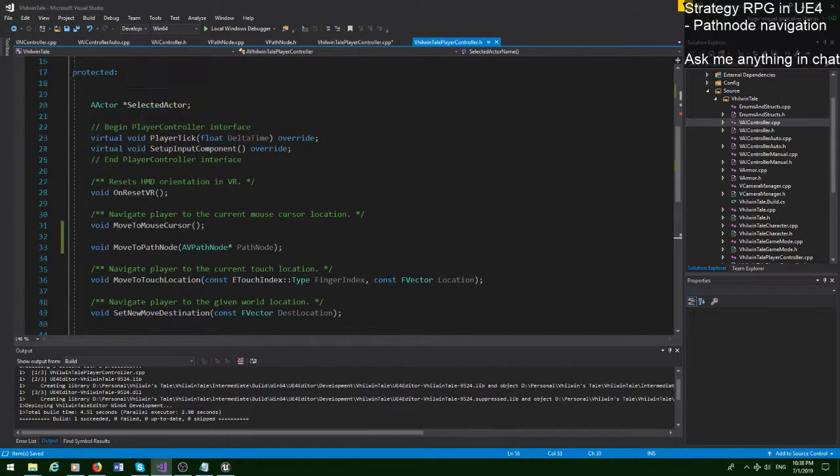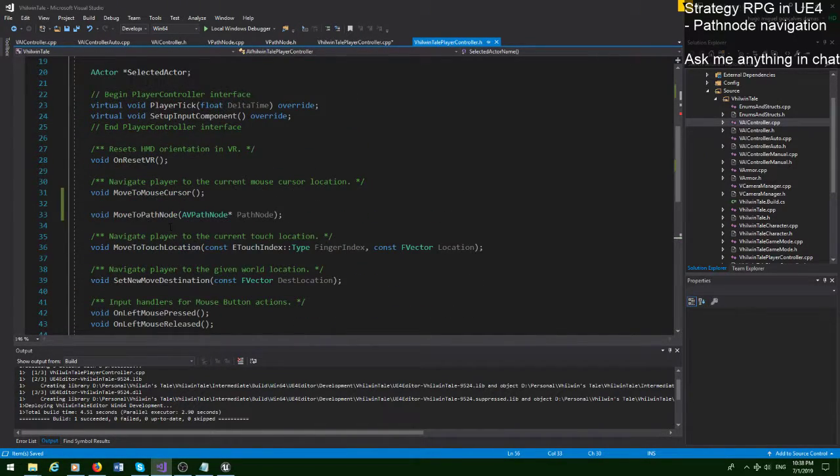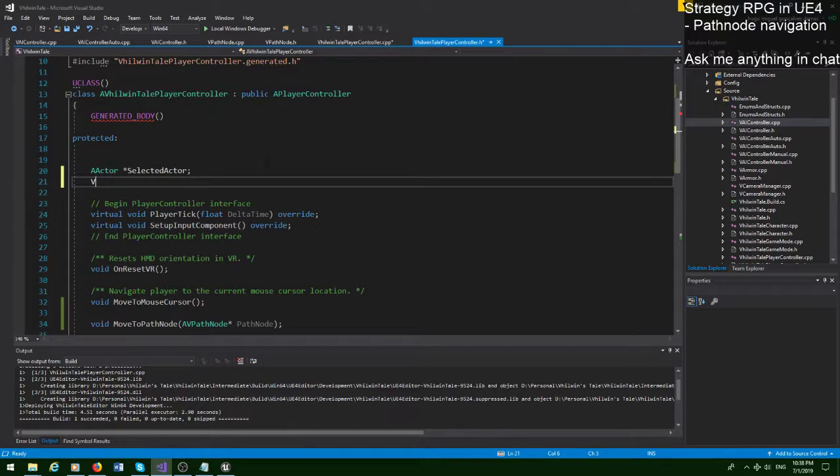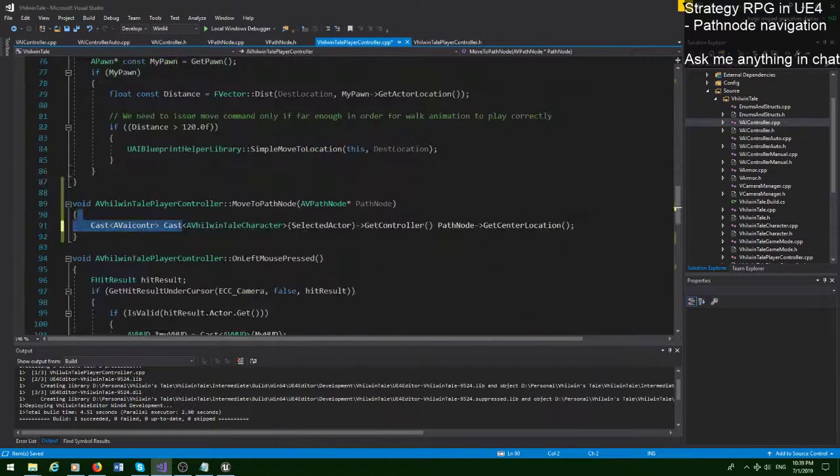And then instead of just being an actor, well, we have the selected actor and we have the VAI controller asterisk selected character. Let's see if he accepts this. Oh, AVAI. Ugh. There we go. So now we can